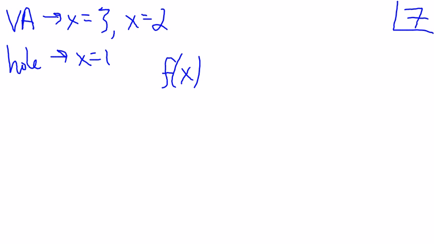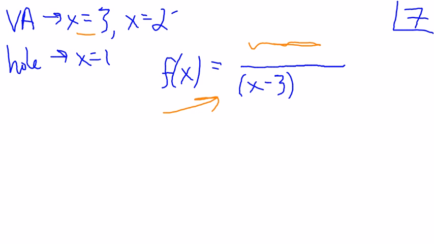F of x equals... there are kind of 3 things that you have to have in this particular question to get the vertical asymptotes right and to get the hole. In order to get vertical asymptotes, you should know that we need to have a 0 in the bottom. So for example, if I have x minus 3 in the bottom of my fraction, that is going to give me a vertical asymptote at x equal to 3, because when I plug in 3,